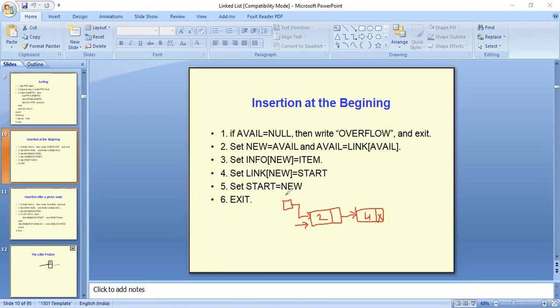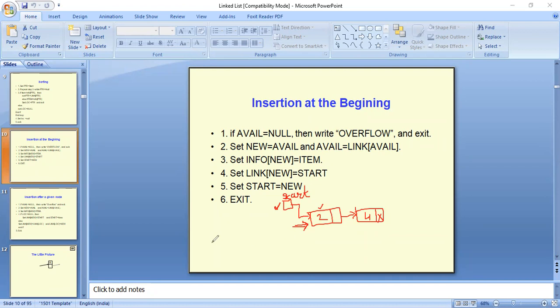So this is our linked list, which is starting with the start pointer. That means this start pointer has the address of our first node. And I want to add a new first node over here. That means I have to update the address in our start pointer also. So firstly, when we want to insert a new node into our list, we need to have one new node.